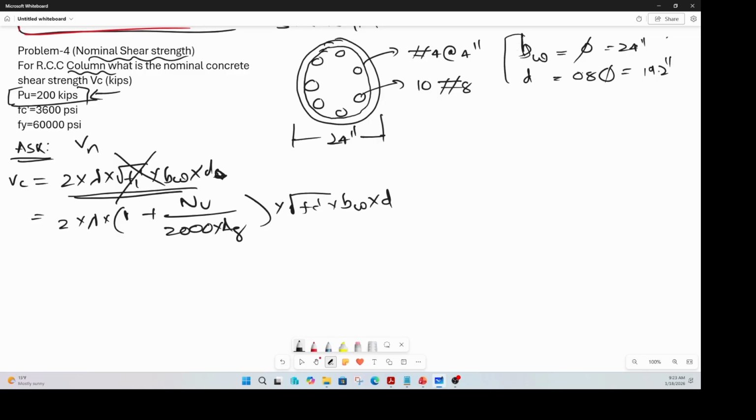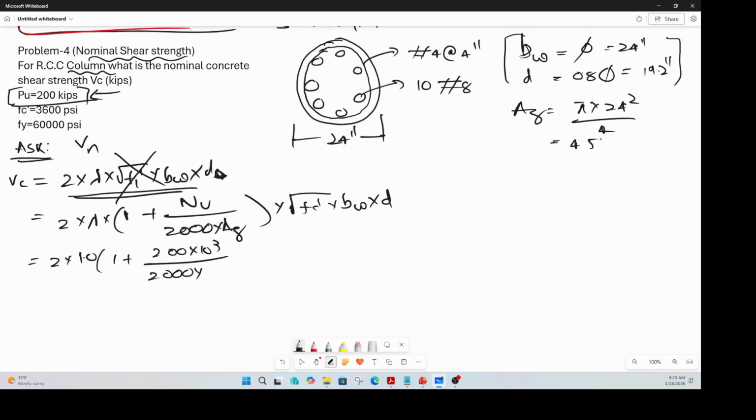Okay, so that is how you arrive at P and D for the code. When you do that, substitute those values: 2 times 1.0 times 1 plus 200 kips, so 200 pounds, 2000 A gross. How do you find A gross? It is pi times the diameter of the column squared by 4, 452.38 inch